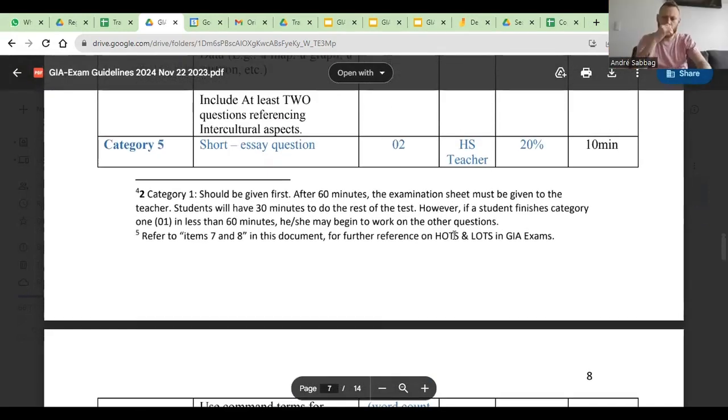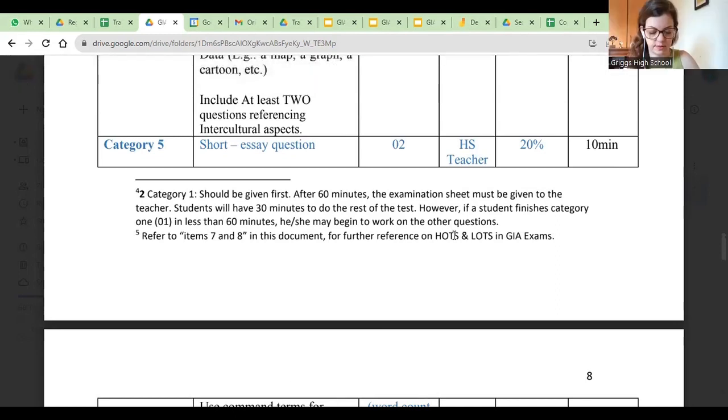I have a question about the short essay questions. Yes. Well, actually, I guess this also applies for the long essay questions as well. If they go beyond the word limit, we shouldn't take out points from that, right? The word limit is just a minimum, it's not a maximum. Yeah, you have to be reasonable.